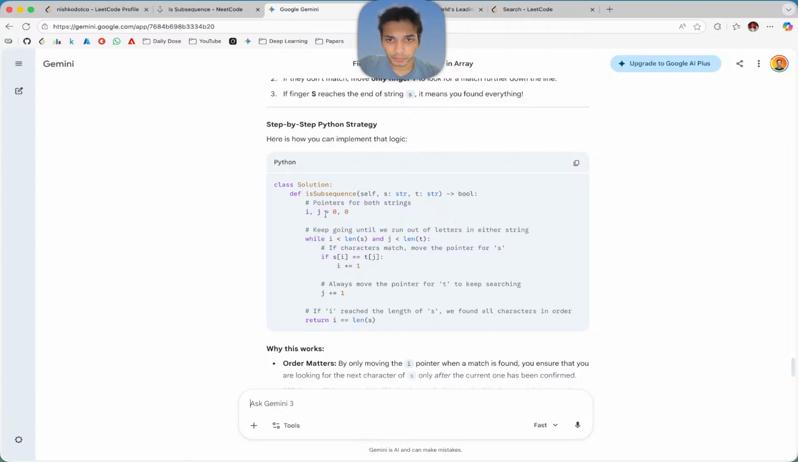So for two pointers, they have declared two pointers i and j. Keep going until we run out of letters in either string. While i is less than length of s and j is less than length of t, if s[i] equals t[j], then i plus 1, the value of i is increased. Always move the pointer for t to keep searching, because we do not want to come back to search that same thing. If i reaches the length of s,